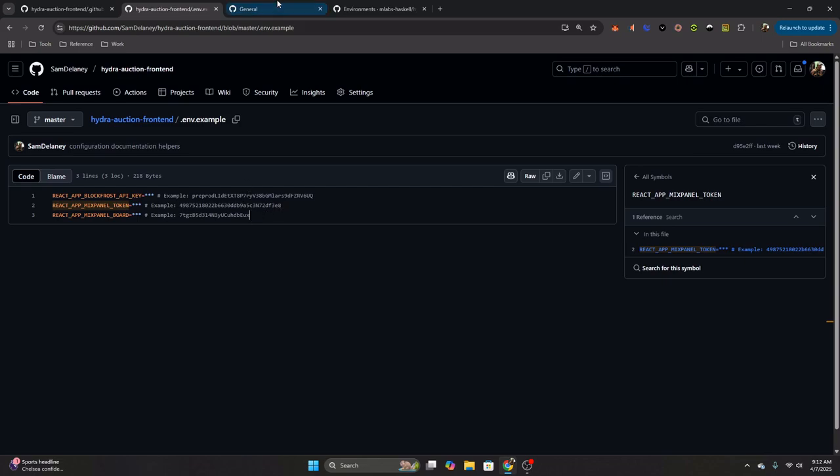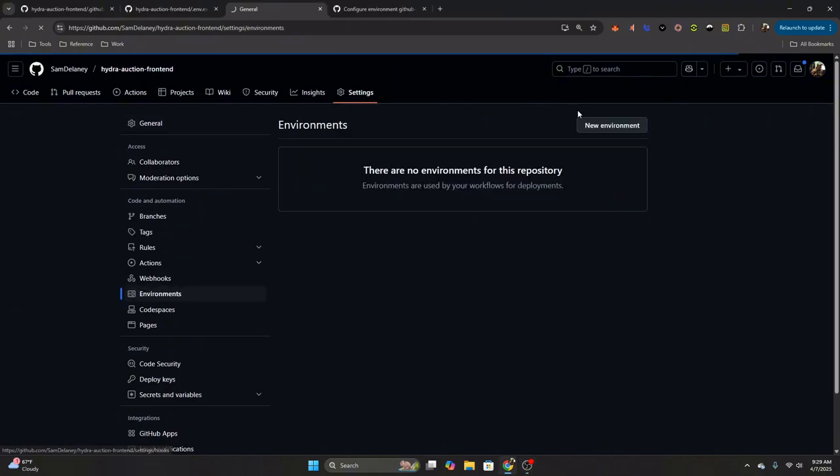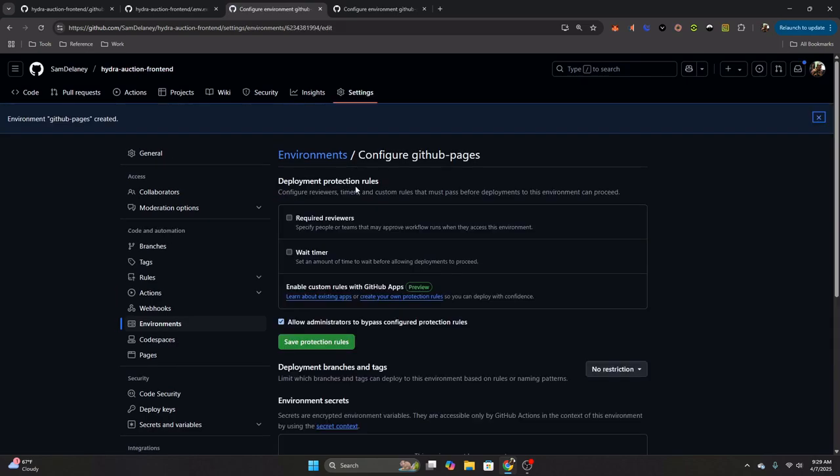But if you're doing this for just the deployment, what you're going to need to do is create an environment. So to do that, we're going to come down to this environments page, and we're going to create a new environment. I'm going to call it GitHub Pages here. And then we're going to configure that environment,